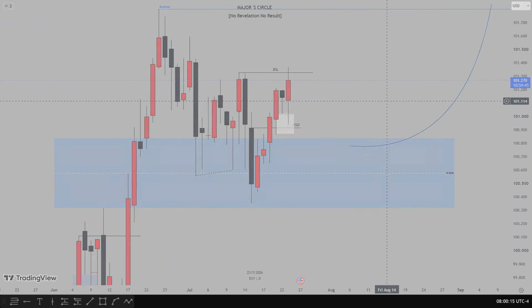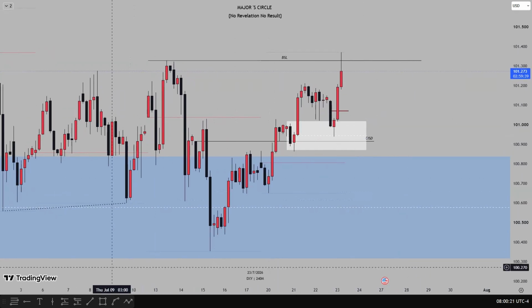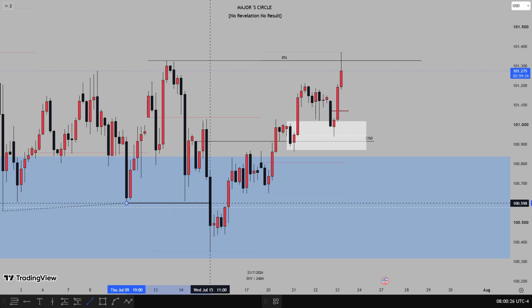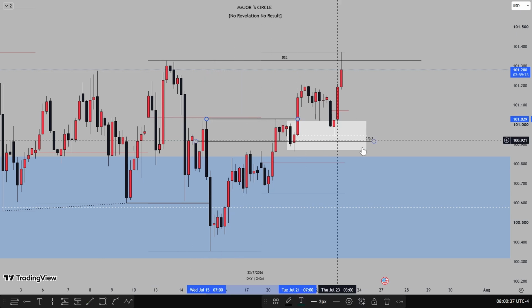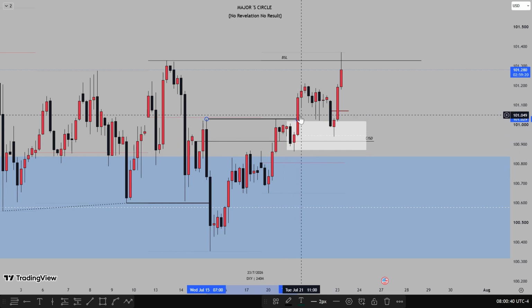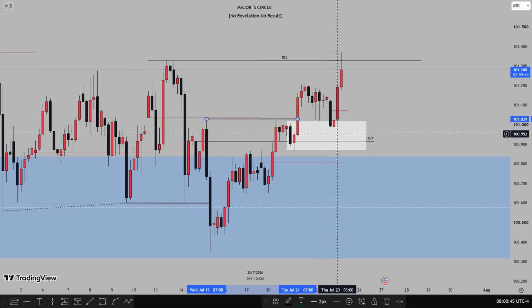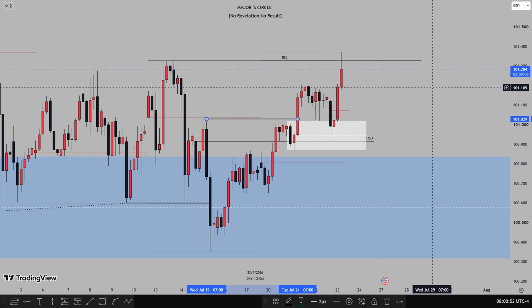Looking at the 4 hour time frame, we can see a very beautiful setup which unfolded. And you can notice that after price took out these lows, which were the sell stops there, we got a shift in structure at this point. So that is our market structure shift. And then it broke structure, left behind a bullish order block, and traded back into that zone. And now price is going higher. So this is what informed my decision of shorting